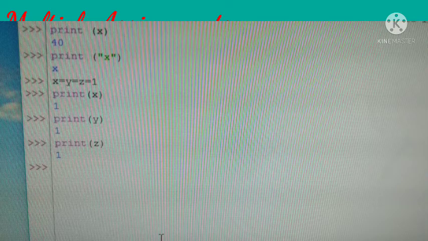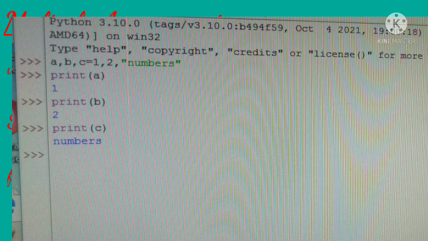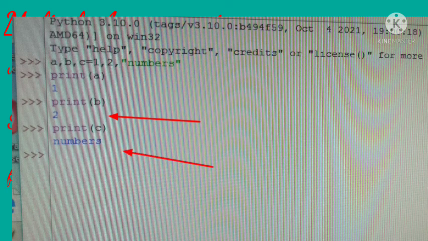We can also assign multiple values or expressions to multiple variables, and its syntax is variable 1, variable 2, variable 3 is equal to expression 1, expression 2 and expression 3, etc. For example, a, b, c is equal to 1, 2, 3. Here the value of a is assigned as 1, b as 2 and c as 3.